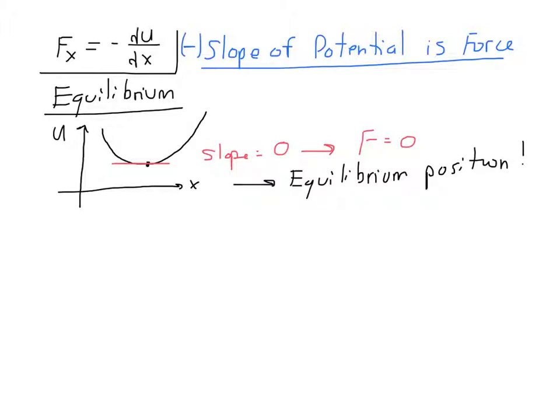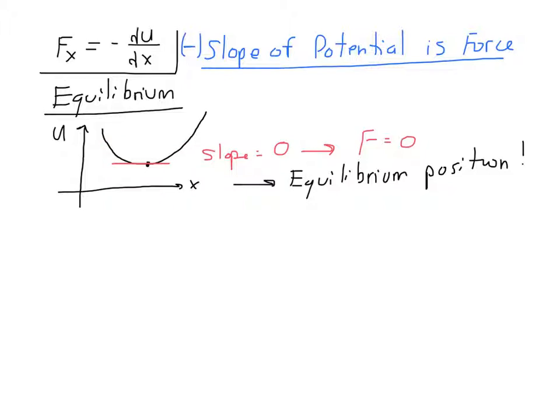And that means that that's an equilibrium position. Essentially, that means that since there's no force, there's no acceleration, this object will stay stationary as long as it's got no initial velocity. Further, we can think about what happens if the particle goes off of this point, further